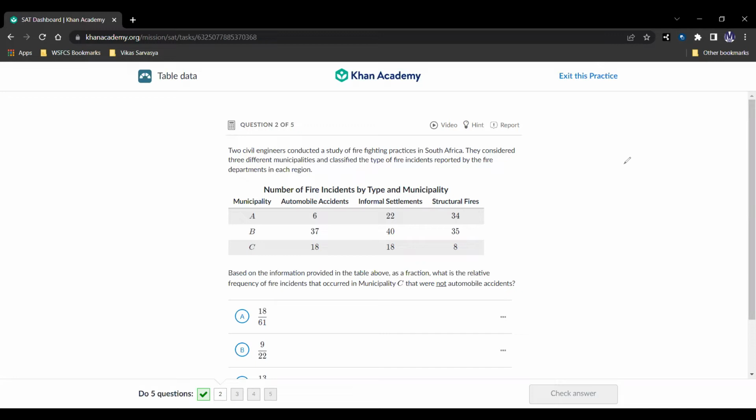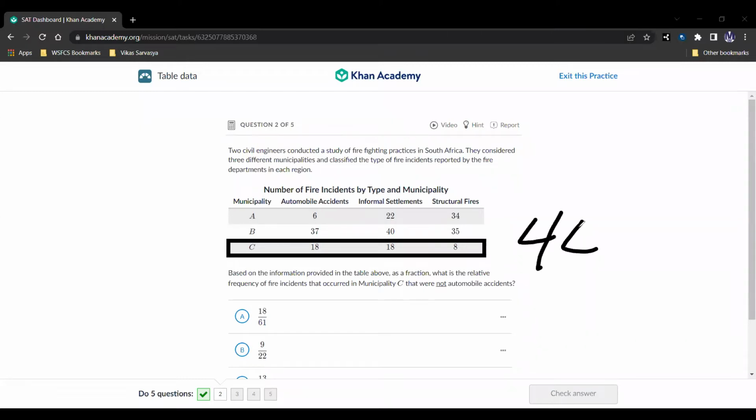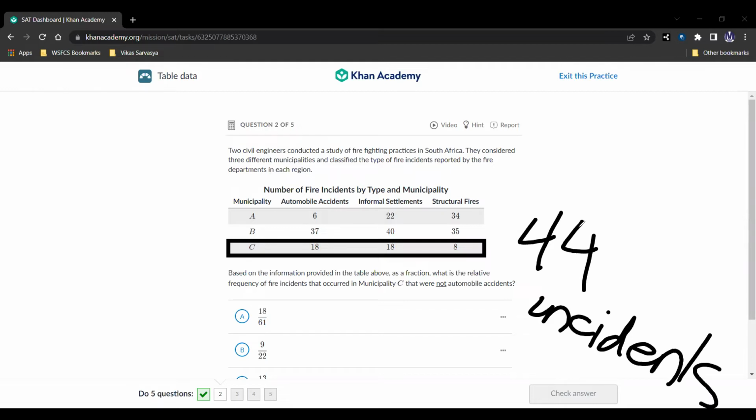And then they're asking us, based on that information that we see as a fraction, what is the relative frequency of fire incidents that occurred in municipality C that were not automobile accidents? Well, we can add up the number of things in this row of the table, and we get 44 incidents total. 18 of them are automobile accidents, so 44 minus 18, which is going to be 26,